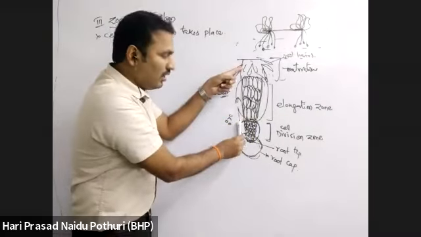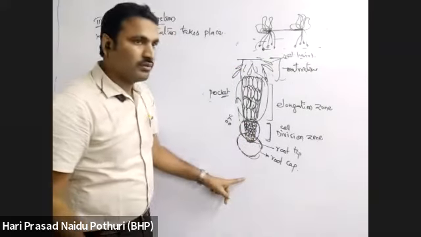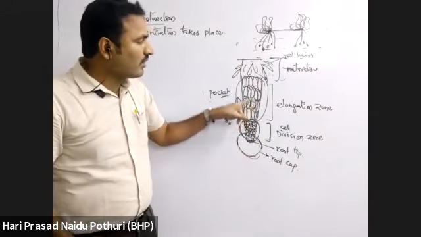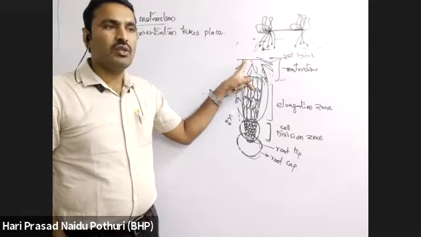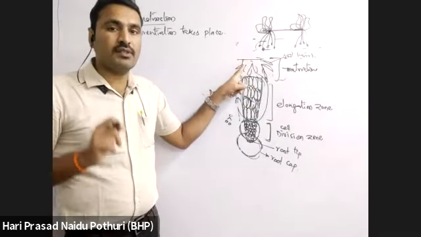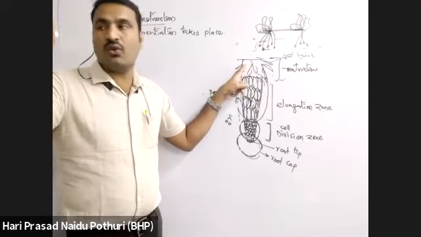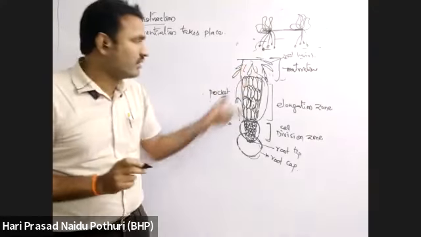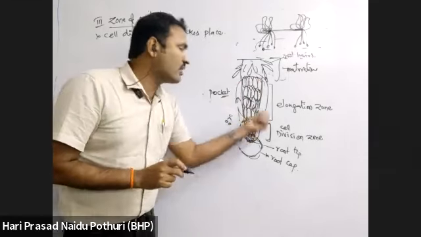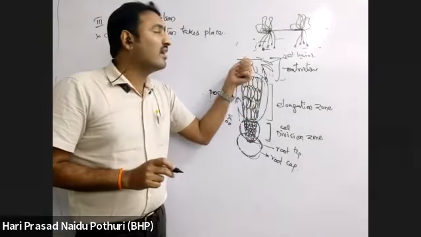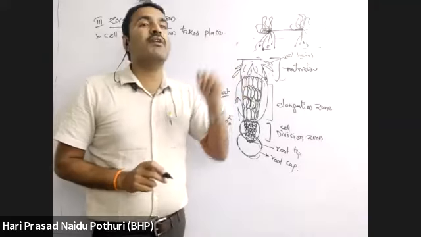Then when the root has grown somewhat further, the cells present in the elongation zone will come into the maturation zone. Their differentiation takes place. What does maturation zone or differentiation taking place mean? Here all the cells present are the same, and the cells present here are the same. But here there is a formation of different types of tissues.